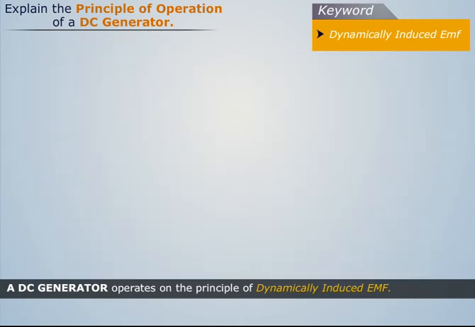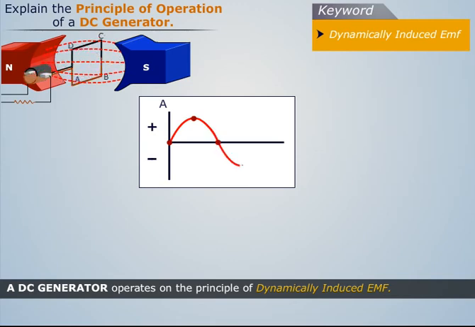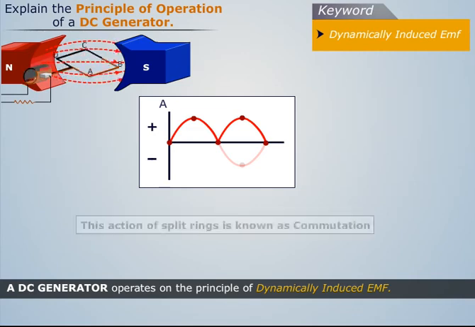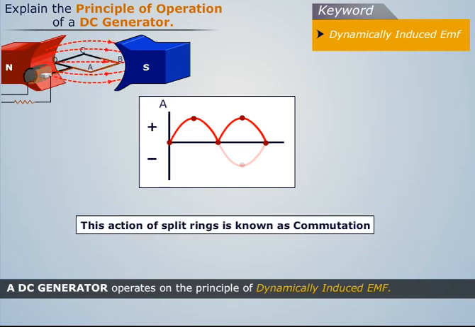Thus, we see that similar to an AC generator, current induced in the coils of a DC generator is also alternating. But due to the rectifying action of the split rings, current across the external load becomes unidirectional. This action of split rings is known as commutation. Related terms are